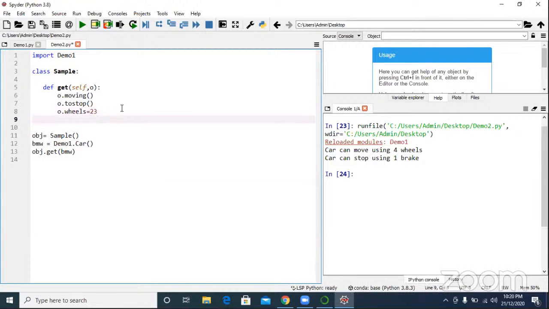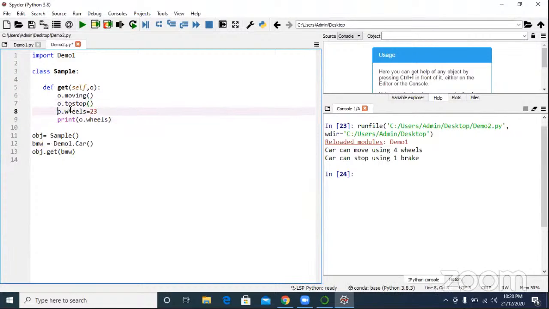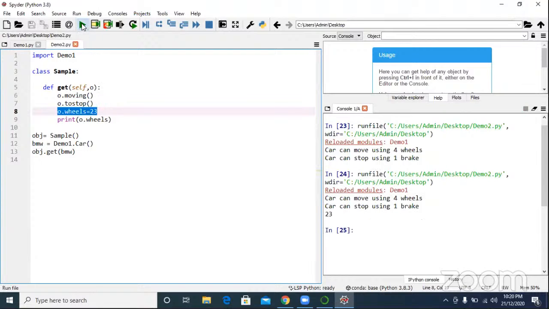So what is the original value of wheels? 4. But after that we have changed it, so what is the current value of wheels? 23. Is it not changed? Properties in the sense instance variables.